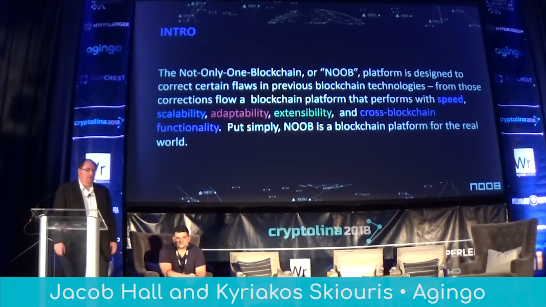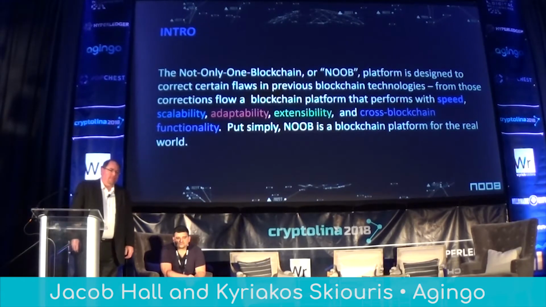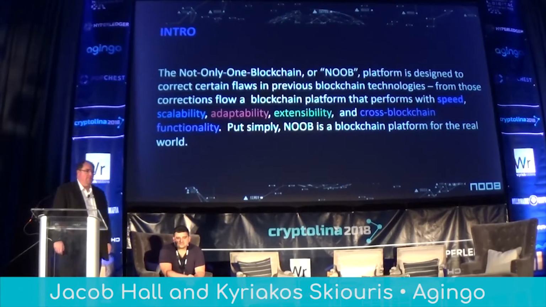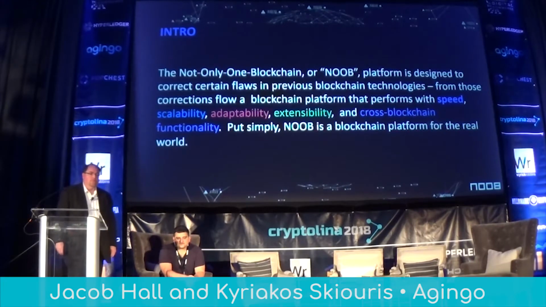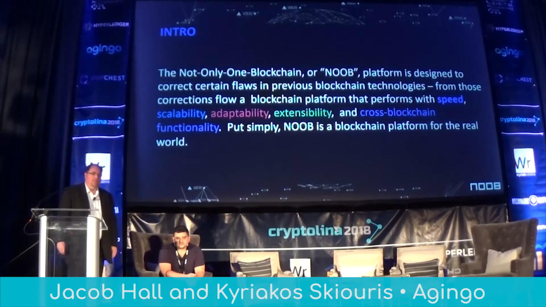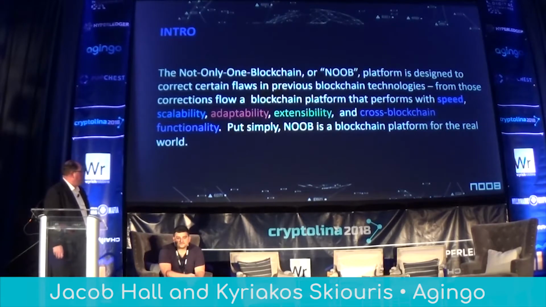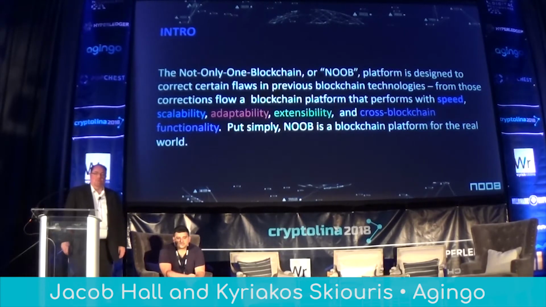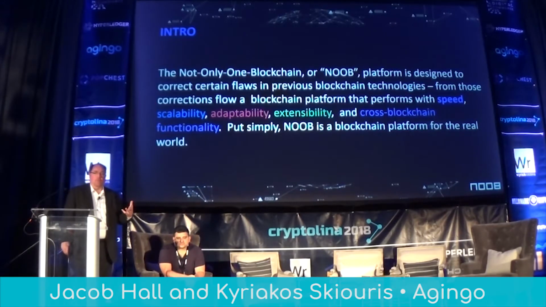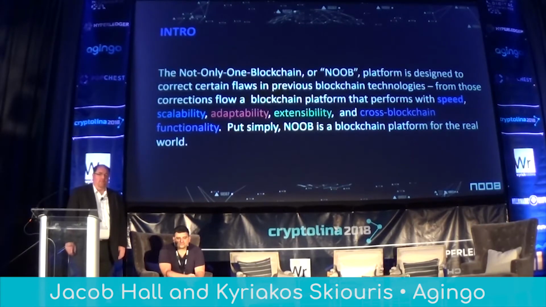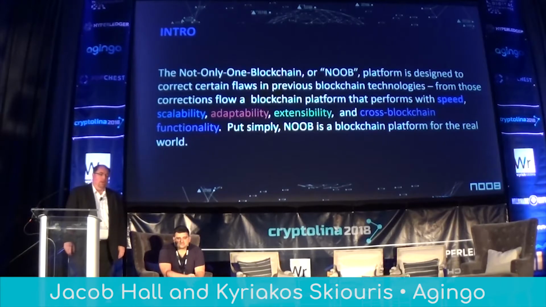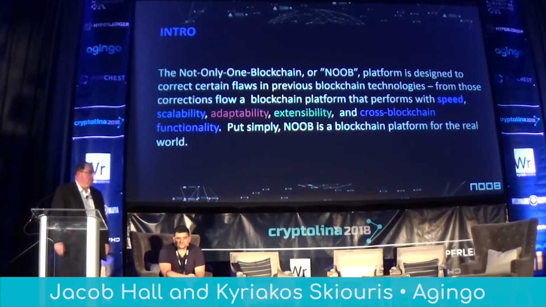So we designed NOOB from the ground up to be scalable, to solve some of the inherent problems we saw with blockchain, such as forks, 51% consensus, and some of the attacks you guys have seen over the last month or so on cryptocurrencies. We wanted it to be adaptable and extendable, so to be able to add other blockchains as we evolve the technology, or for you guys to be able to build ones without affecting performance or the currency values potentially of your cryptocurrencies.